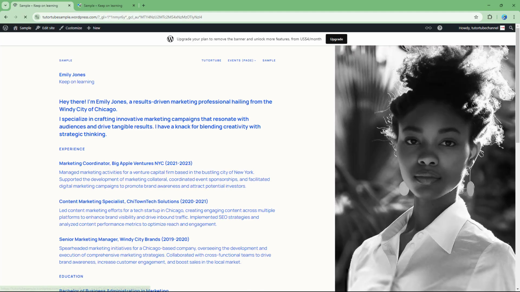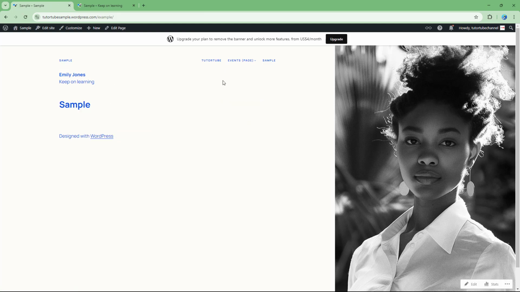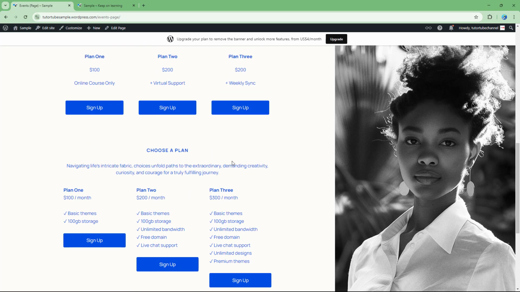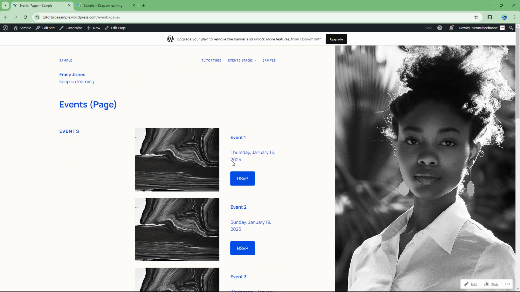So now if I were to view my site, you can see that I actually see my theme right here. Now you can see the page, and you can see that I actually get redirected. Over here, if I go to the sample, you can view your post right here, go to the event page, see the event section and so forth, just like this. And that is how you can go ahead and apply your theme by setting it according to certain criteria